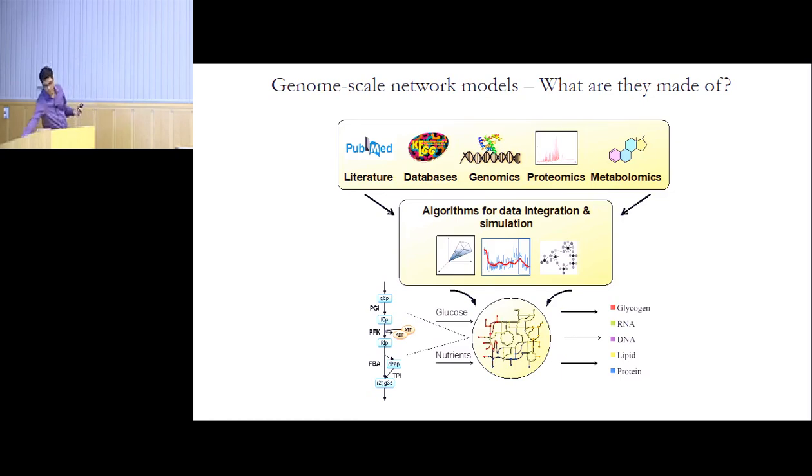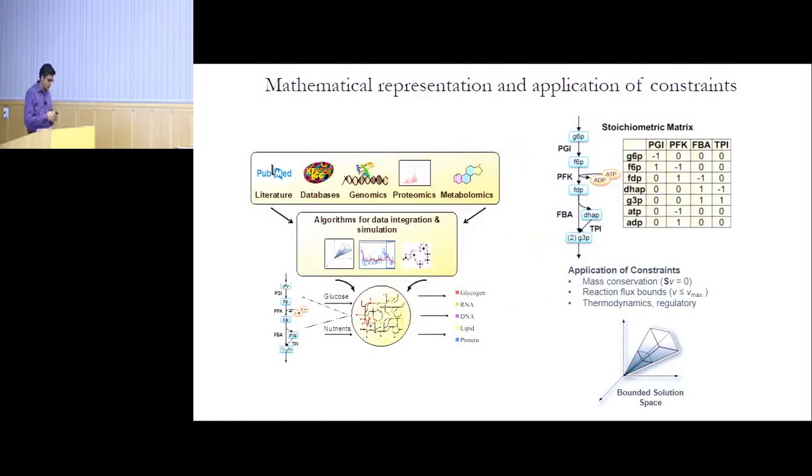So ultimately, all these models in the computer become a matrix, and this matrix we call a stoichiometric matrix. Almost every cellular process can be represented as a biochemical reaction. It could be canonical metabolic pathways, or drug transport, or even DNA replication. Almost everything involves interconversion of metabolites and involves consumption or release of energy. And so we build what's called a stoichiometric matrix that represents, for example, what metabolites are being consumed in a reaction, what are being produced, and what is the stoichiometry. So almost every process we integrate becomes this big giant matrix.